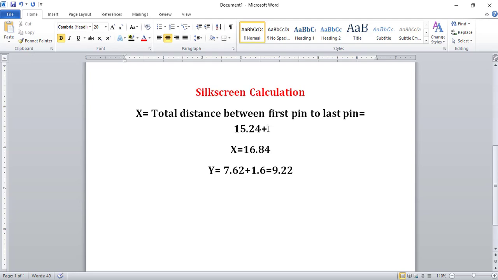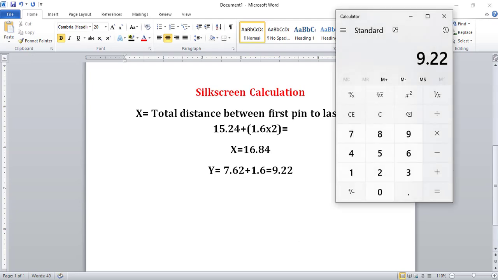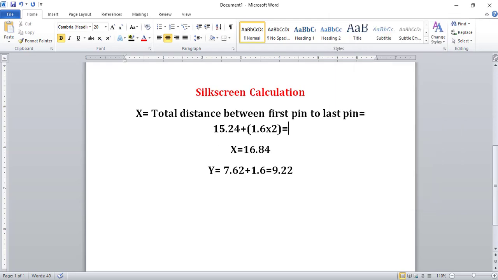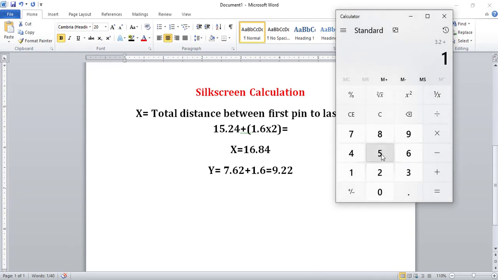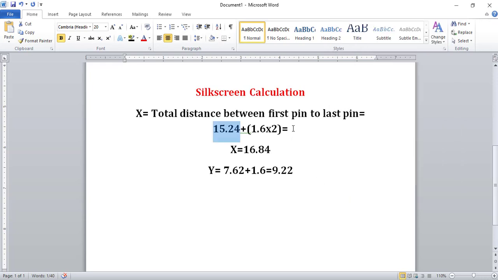What was the pad dia? 1.6 into 2 equals 3.2, plus our full distance 15.24 equals 18.44. Good. So x equals 18.44.